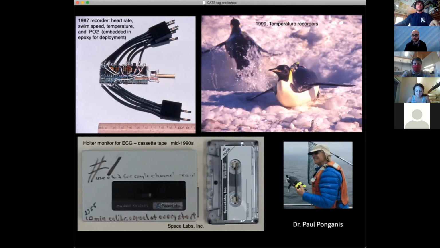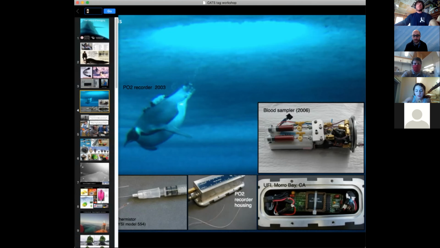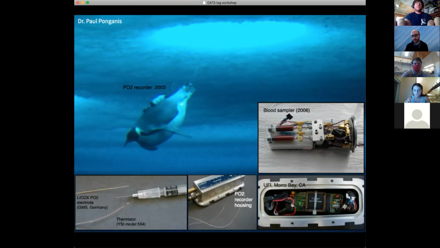And so in the last decade or two, this is some work from Paul Ponganis's lab once again, his students Jessica Mir, Cassandra. These are some of the really amazing physiological sampling devices. You can see a blood sampler here. So obviously these are a little more invasive, so you really need good defined questions to really justify these ethically. They can be done relatively non-invasively when they're done with the proper procedures, of course. Okay, so